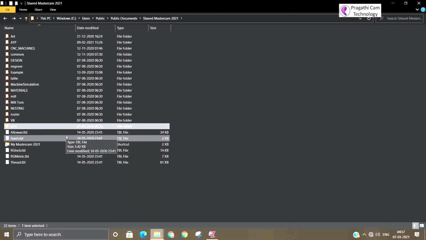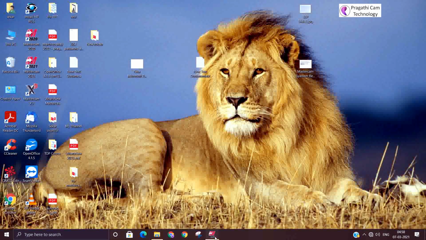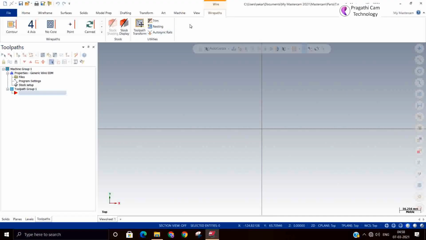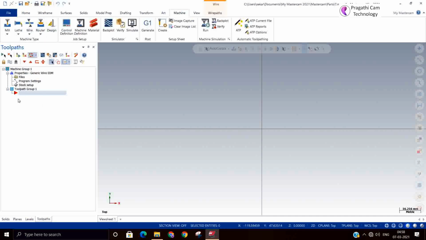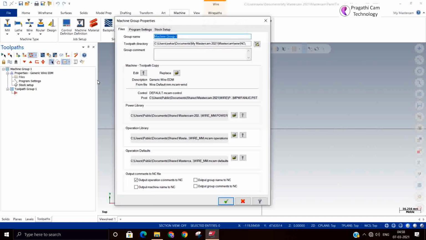So now we have seen where the control definition is, where the machine definition is, where the power library is, and where the post processor is. Now we'll go inside the software. Once you select the machine, now I just selected one machine, the default machine. Now you can see here where these file paths are.